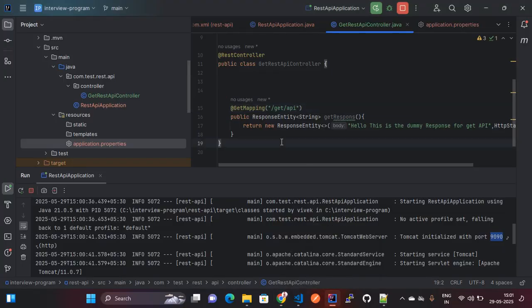So for creating a REST endpoint, you need to add @RestController at the class level of the controller and define the mapping like GetMapping, PostMapping, PutMapping, DeleteMapping based on our business requirement. So in this video, I have just shown you how to create a REST endpoint with dummy data